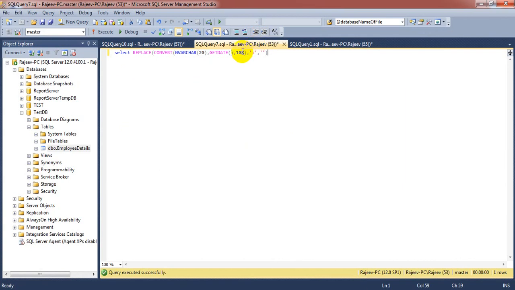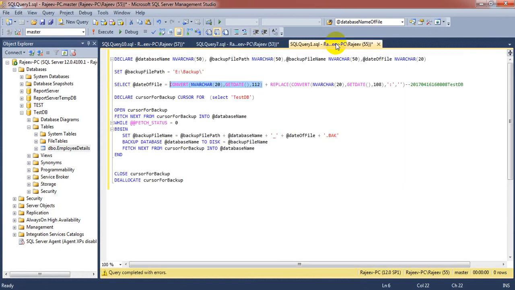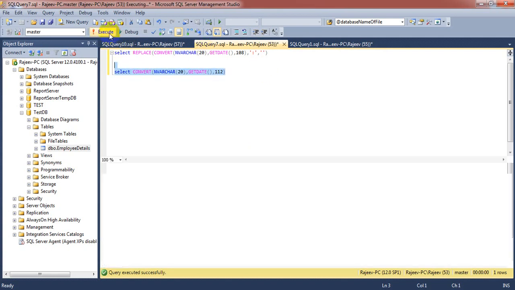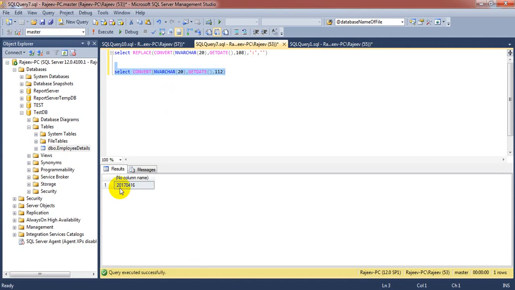Let's see this. Let me copy it. See, this is giving it without any colon, so that's fine.